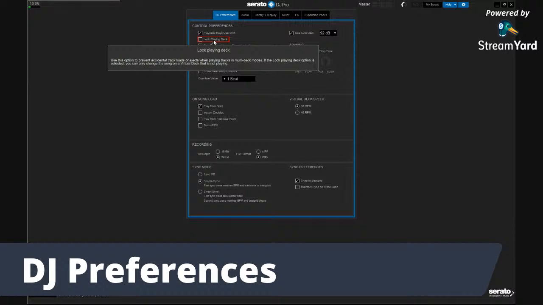Now the next one, lock playing deck. Use this option to prevent accidental track loads or ejects when playing tracks in multi-deck modes. If the lock playing deck option is selected, you can only change the song on the virtual deck that is not playing. So what this does, if you're using multiple decks, is basically lock down one of those decks so that you don't accidentally remove it or do anything to it